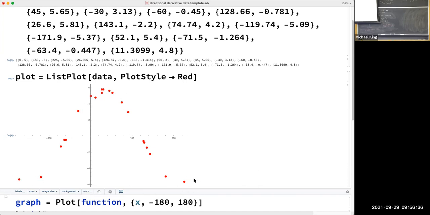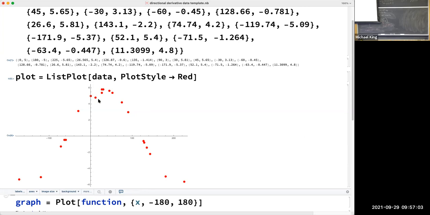Yeah, I mean, we really need a lot more data, I guess. We should have done a little more systematically probably, but it looks like a sine curve or a cosine curve. And it's interesting to try to figure out the angles where the derivative is 0, because it's going to cross here at some point. And there's also a max